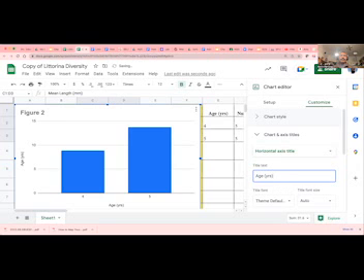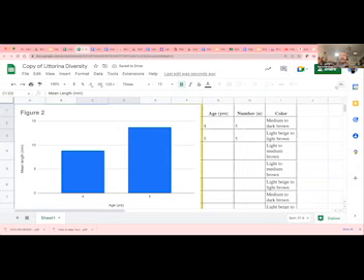Then move over to my vertical axis. And that should be mean length in millimeters. That means parentheses, mm, close parentheses. I've got it done. I can close my chart editor,